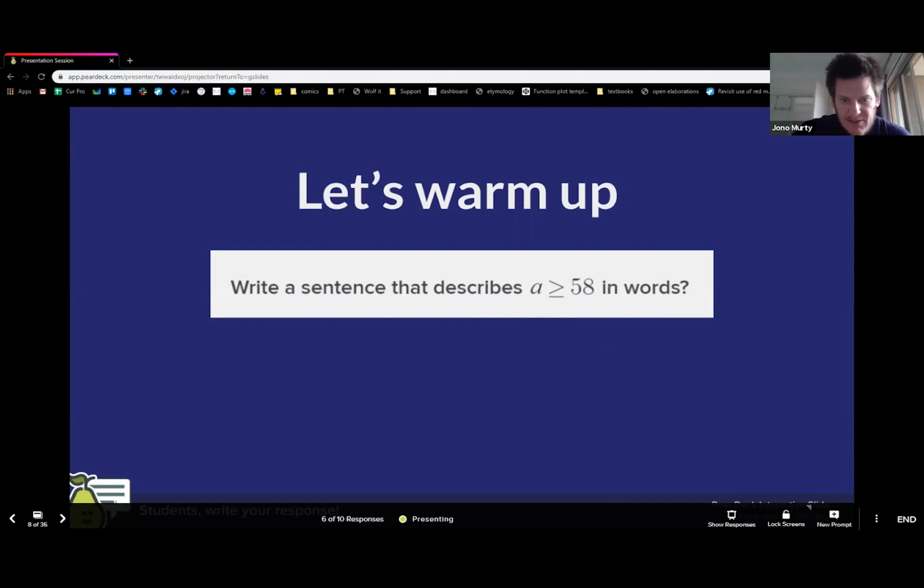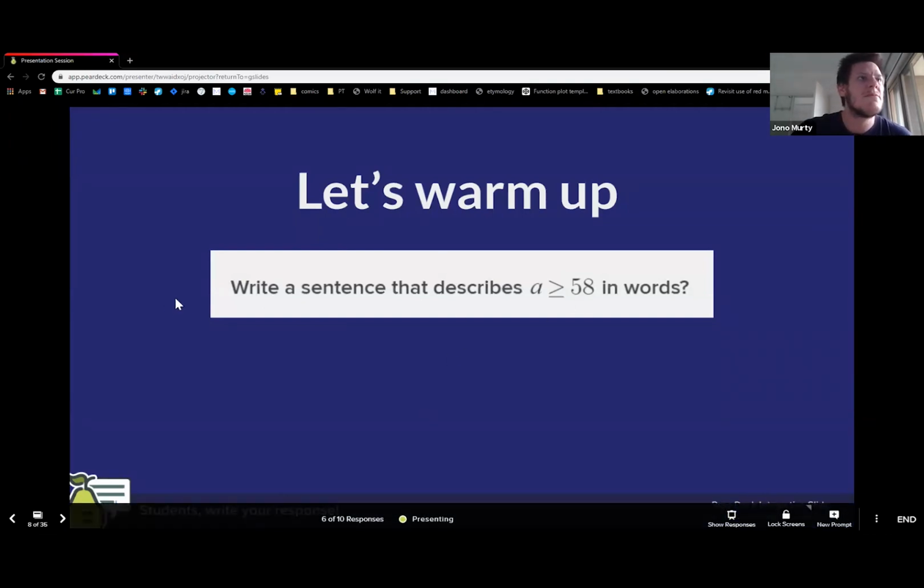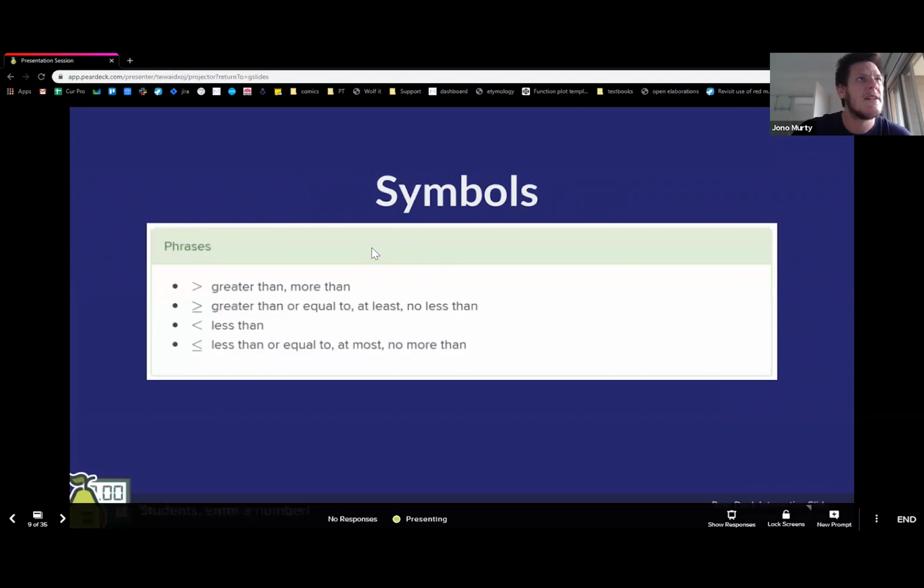Okay, that's most of you responded. Most of you got that right. That's good. So let's just go to the next one. Here we have the symbols. Greater than or more than, greater than or equal to. You can also think of this as at least. If x is at least 10, that's the same as saying x is greater than or equal to 10, or